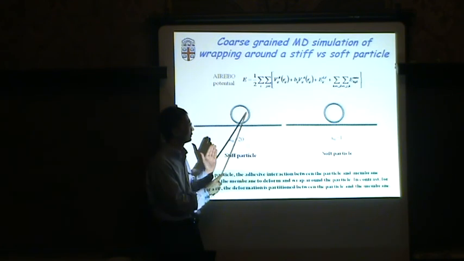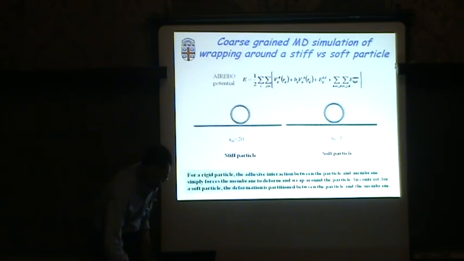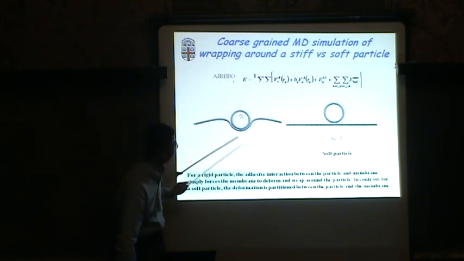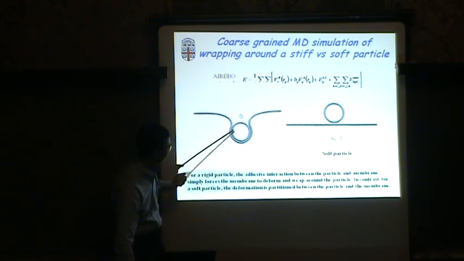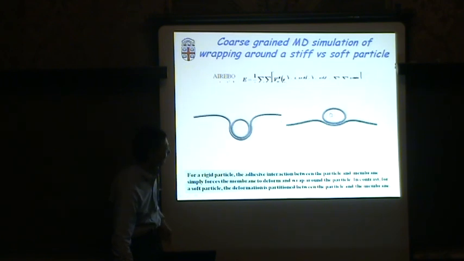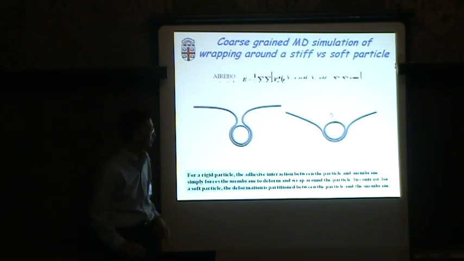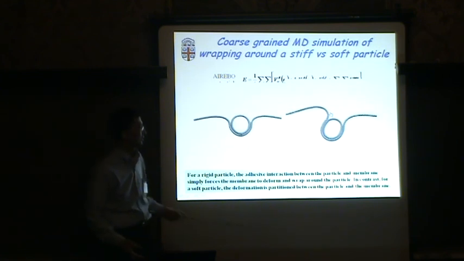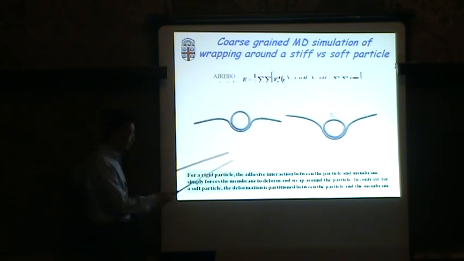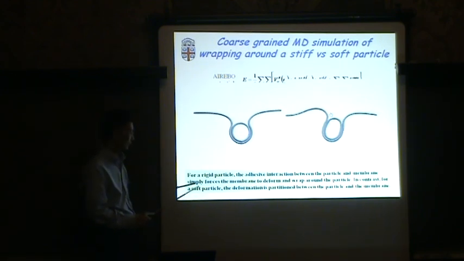The only thing we change is the stiffness of the particle. For a stiff particle, you can see the adhesion energy is sufficient to complete the wrapping. With the same parameters, if the particle is softer, we're not able to complete the wrapping. So from this picture, we observe for rigid